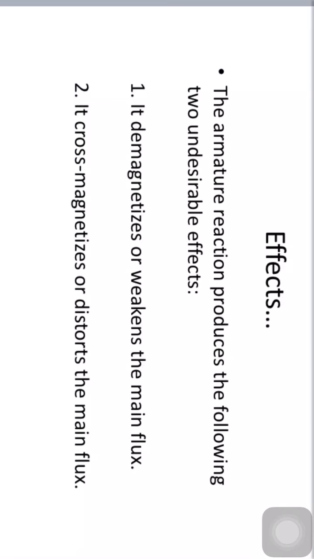Once again, I am repeating. The only flux acting in a DC machine is that due to the main poles, called the main flux. However, current flowing through armature conductors also creates a magnetic flux called armature flux, and this flux distorts and weakens the flux coming from the poles. So this distortion and field weakening takes place in both generators and motors. The action of armature flux on the main flux is known as the armature reaction.